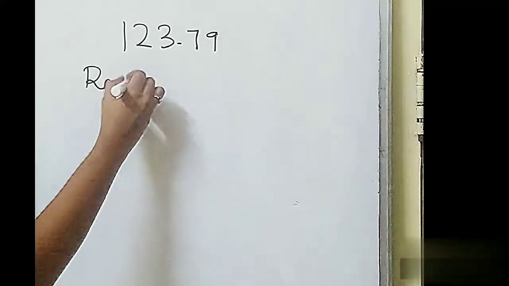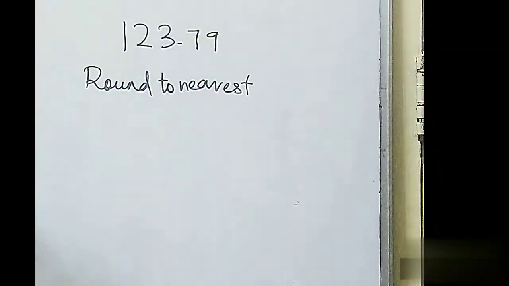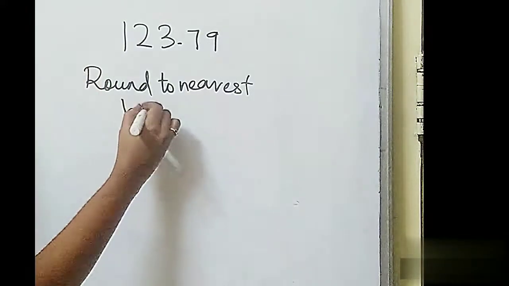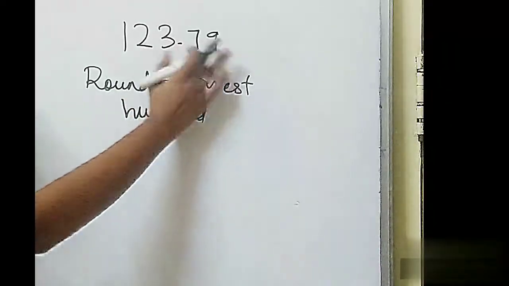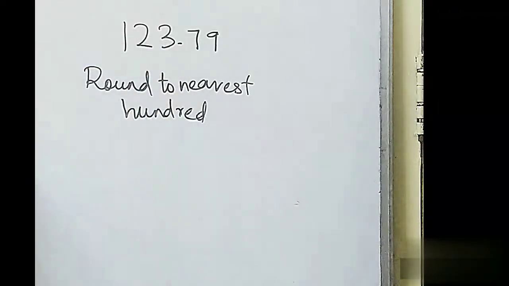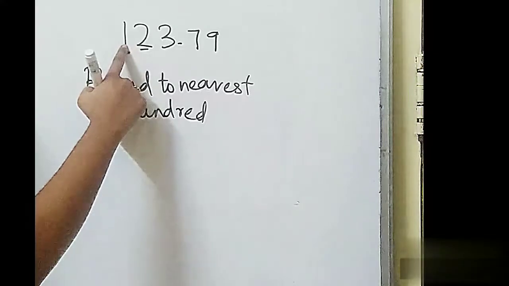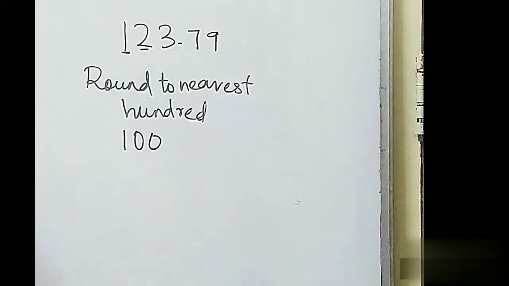Fine. Now first thing I'll say, round to nearest 100. So what will it be? 100, and you're not going to see anything of the decimal point. Now just see, it is nearest to 100. Now 123, this is in the 100s place, 1. Now move to the next digit, that is 2. Now 2 is less than 5 or greater than 5? Yes, it is less than 5. So I'll keep 1 as that, and everything else will be 0. So I'll simply write 100.